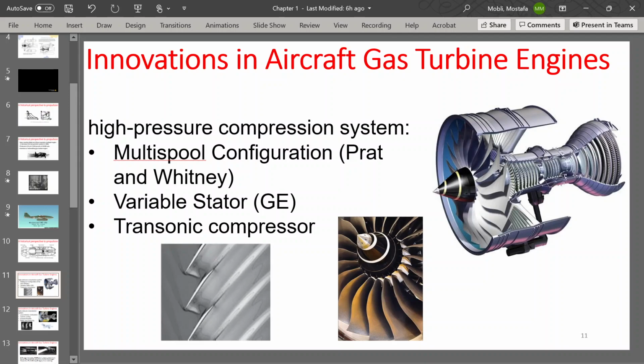Okay, so let's go back to this. We have the multi-spool compressors, which essentially means that we are going to have compression at different stages, right? The first one is the low pressure compressor, then the intermediate pressure compressor, and also the high pressure compressor. So compression happens at different stages, which means that we are going to be able to compress the air a little more, and it's going to be a little more efficient when compressing the air. And this idea was